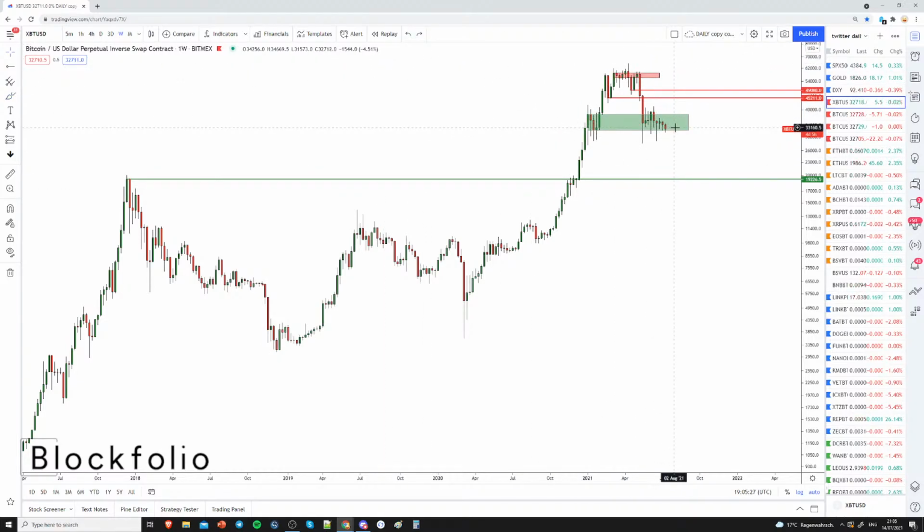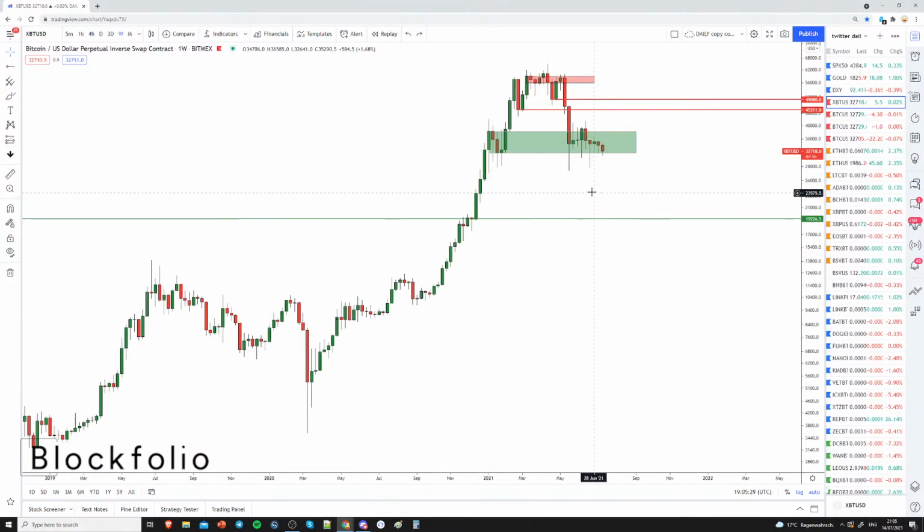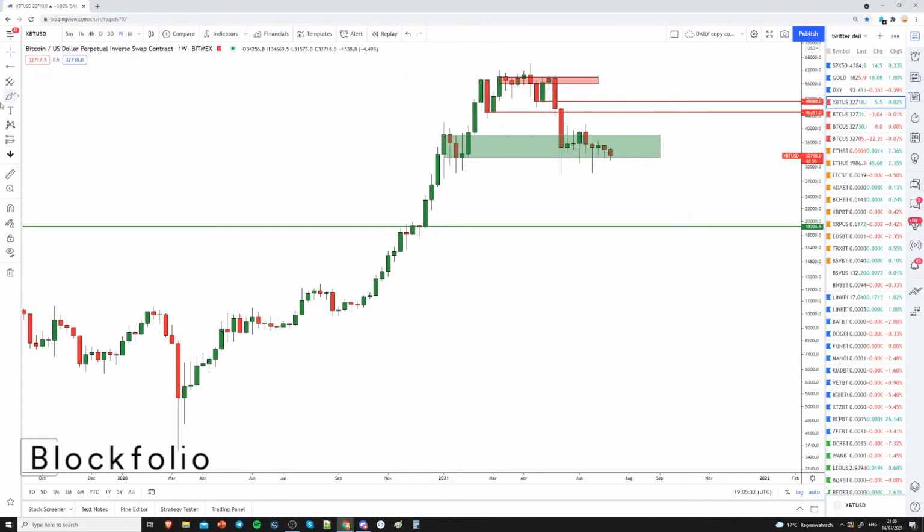In general, I don't want to be buying 32k anymore. I've bought this a couple times. I still remember being shit on for selling. The first time I bought it, I sold into the lower 40ks. Pretty much nailed this one. And then it's just been sideways ever since. These two lines, the lowest we've gone and the highest we've gone on the bounce, have pretty much been the range that we've been